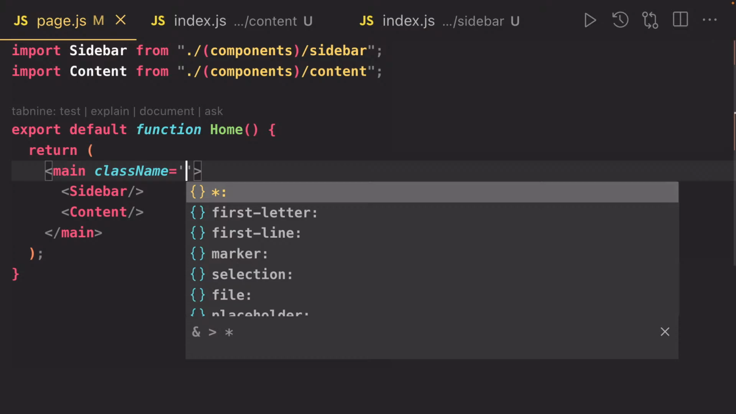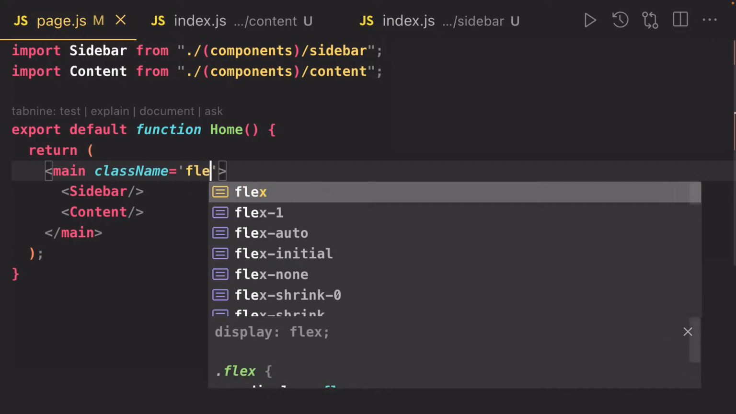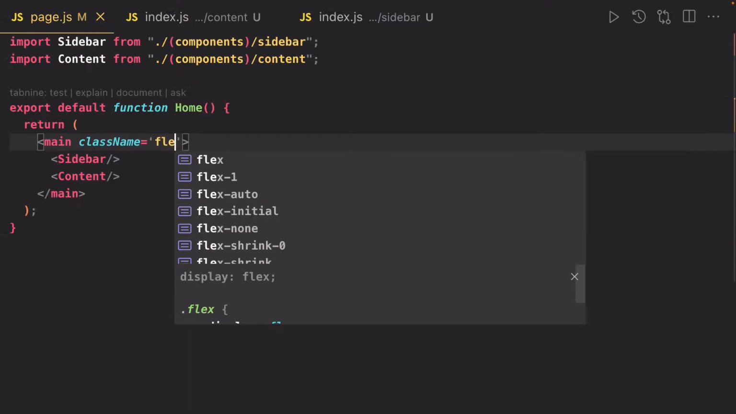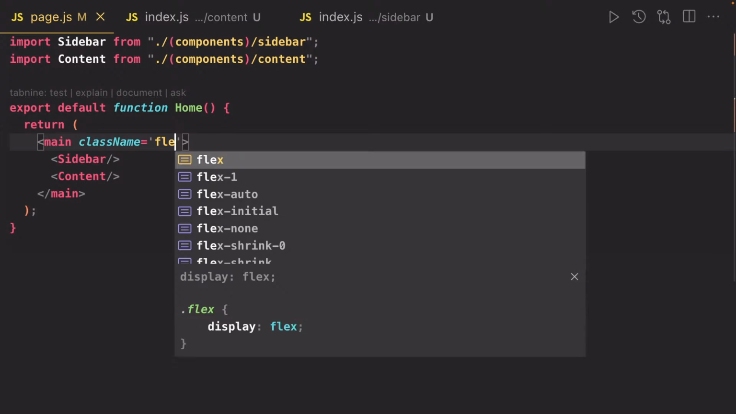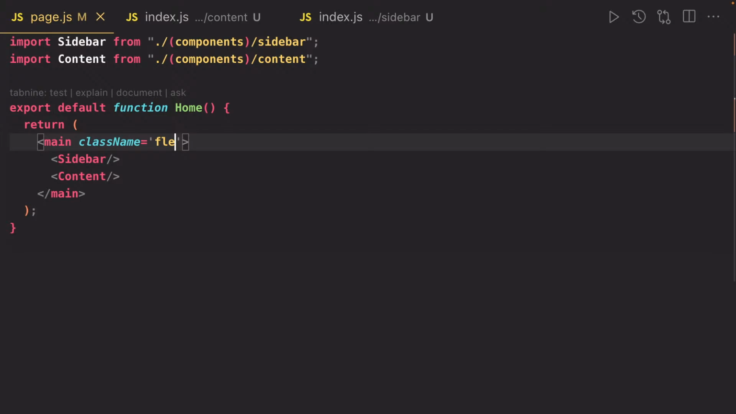Okay, class name. First, I'll write the flex. Let me zoom out. So it is giving the properties of the flex. We will use first flex, and then I will use